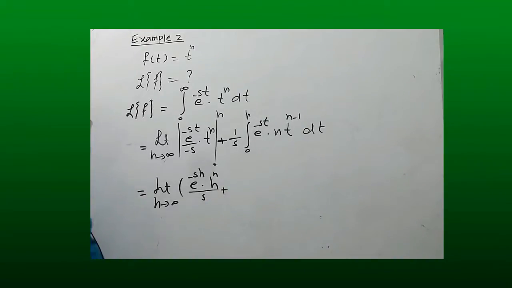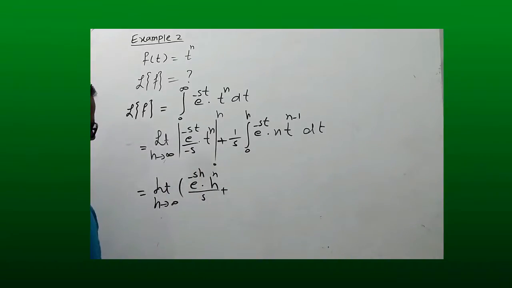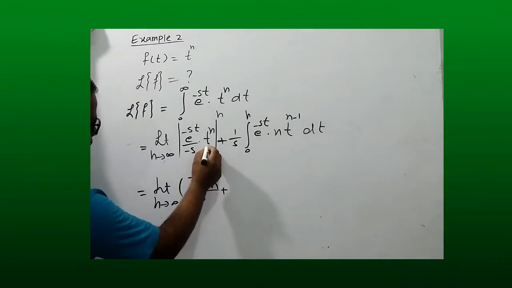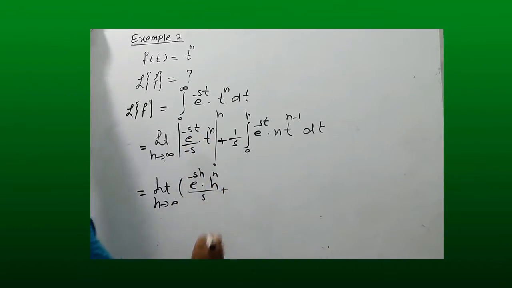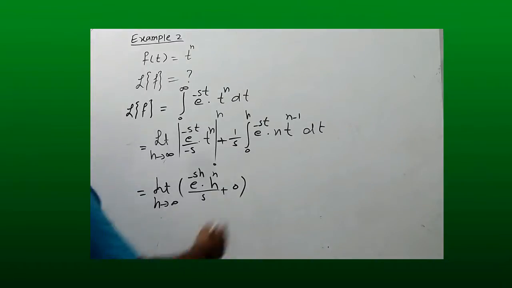Then when we put 0 over here, since we are putting it over t, it will be t raised to the power n, which is zero. So plus 1 over s,